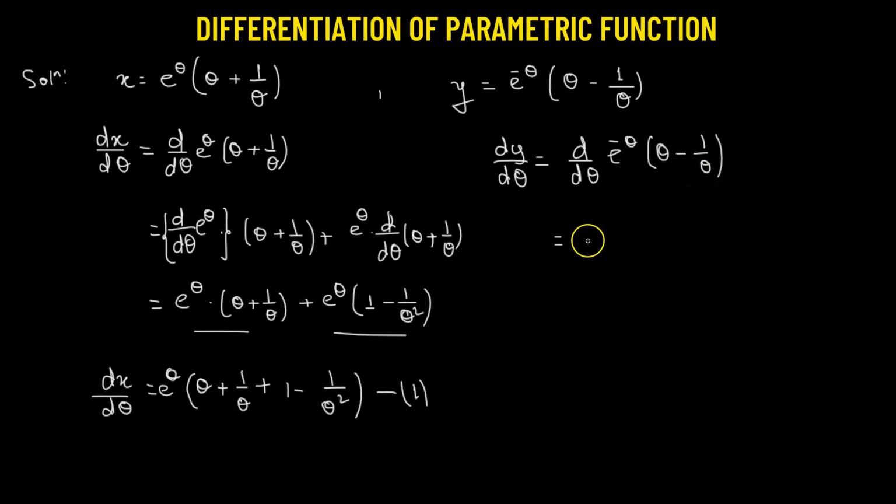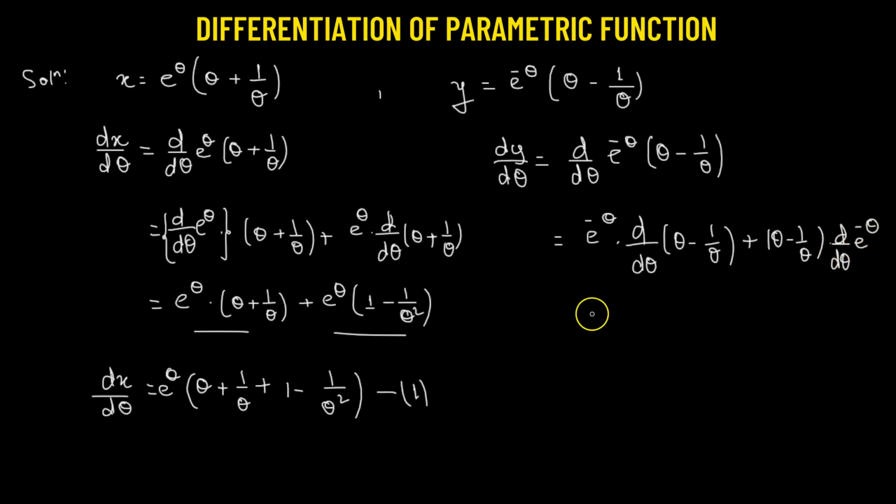So here we'll treat e raised to the power of negative theta as the first function. So we'll keep it aside and multiply it by the derivative with respect to theta of our second function, theta minus 1 over theta, plus keeping the second function aside and multiplying it by the derivative with respect to theta of e raised to the power of negative theta. This will be equal to e raised to the power of negative theta multiplied by the derivative of theta with respect to theta, so that's 1. The derivative of negative 1 over theta will be positive 1 over theta squared, plus theta minus 1 over theta